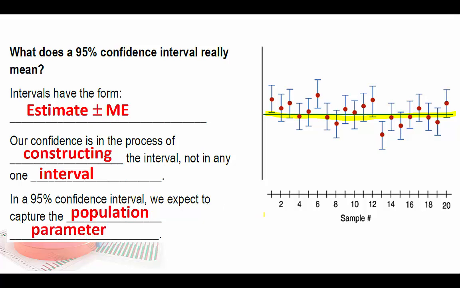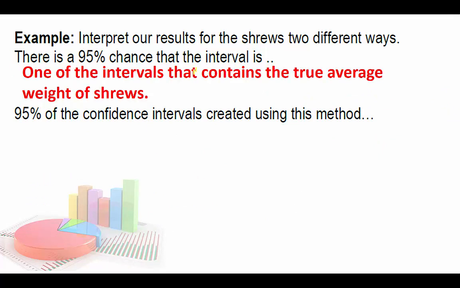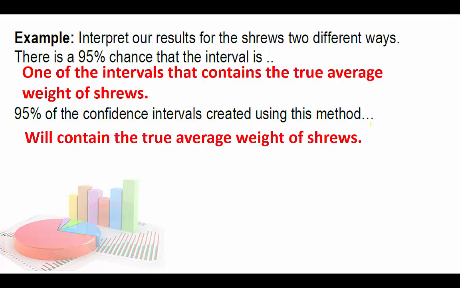Now you are expected to interpret the results. So I'll show you two different ways to do it. They're very similar. One way you can write this is there's a 95% chance that the interval is one of the intervals that contains the true average weight of shrews. Another way you can write it is 95% of the confidence intervals created using this method will contain the true average weight of shrews. Pretty much saying the same